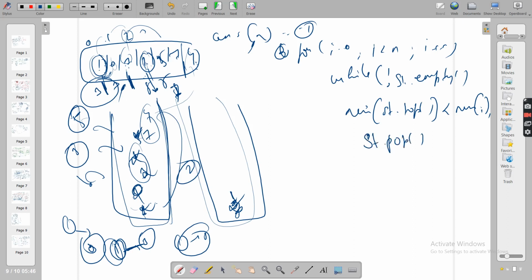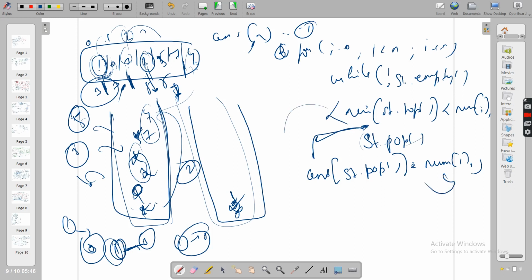Then I'll just do st.pop, remove from here. And before removing, there will be one thing here: ans of st.top, which means for this index, nums of i is your NGE. That's it. So this will come in the while loop, at this point you write this, then you do st.pop.